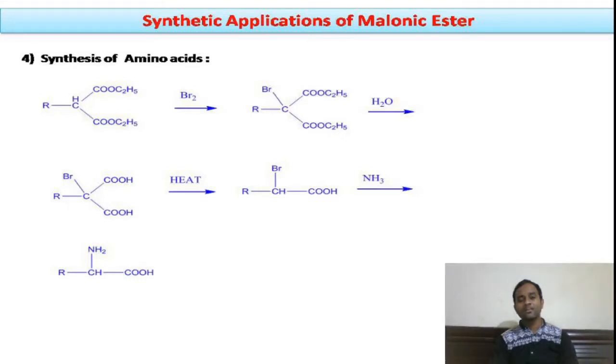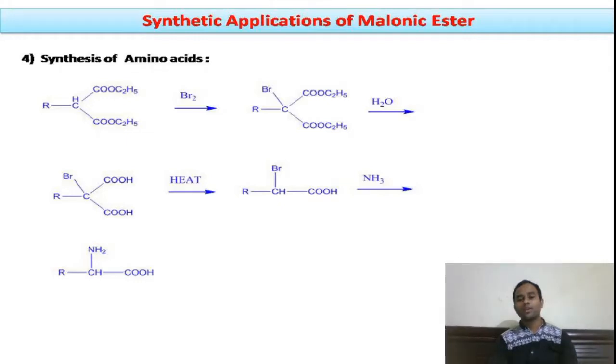The monoalkyl malonic ester having one active hydrogen will undergo bromination. You can see in the first step, this monoalkyl malonic ester underwent bromination at the active methylene carbon to give